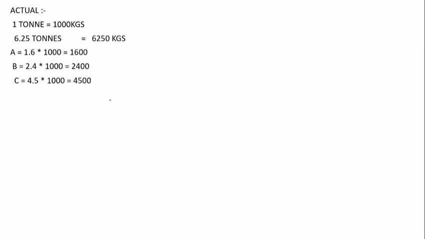Now make table actual, kgs, price and total. For chemical A, kgs are 1600, which we calculated above. Price is 7,